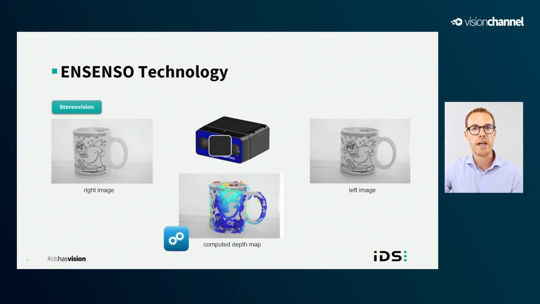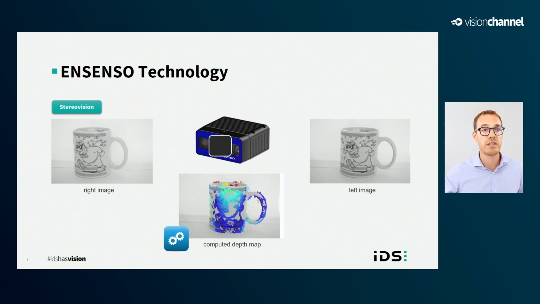Problem comes when you look at homogeneous areas. Let's take a look at the foreground, for example. We have a white area in here. I have a white pixel surrounded by white pixels. I'm looking for the corresponding pixel on the second image. And how many candidates do I have? So many. I have actually all this area in here. So most certainly, my matching algorithm will fail and will produce an incomplete depth map. So working with a conventional stereo vision system, you will face a weakness on homogeneous surfaces and compute incomplete depth maps.